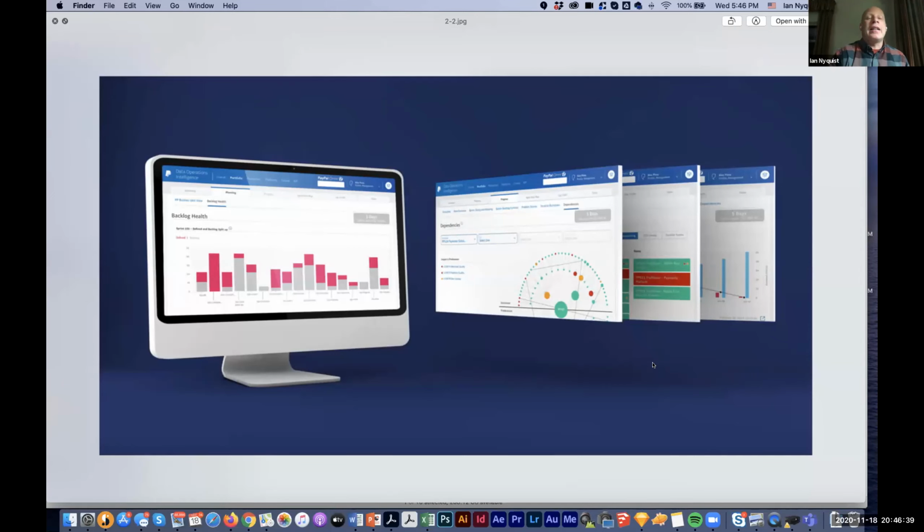Getting even more behind the scenes at PayPal, some of the things that we do are data visualization for business metrics.